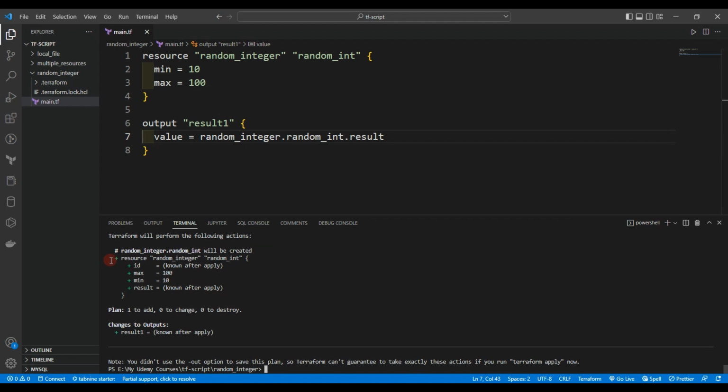You can see it. The last time we worked with the local file, but here it's working with the random integer. It will be created. You can see the resource, and you can see here plan: 1 to add, 0 to change, and 0 to destroy. So you can see the ID known after apply. Max is 100, minimum is 10, and result will be known after we apply it. Let's apply